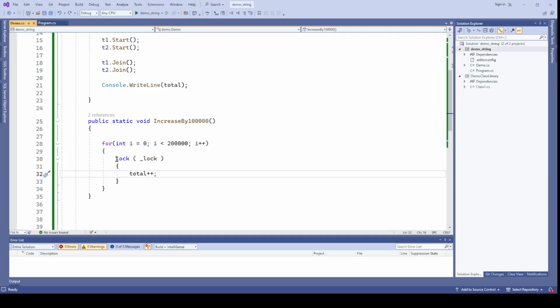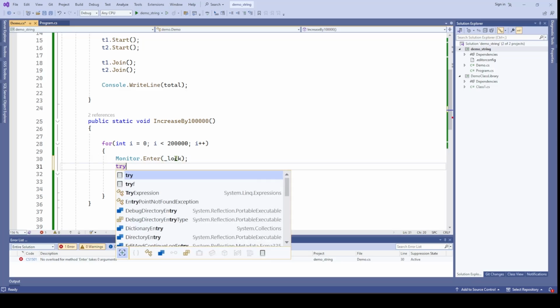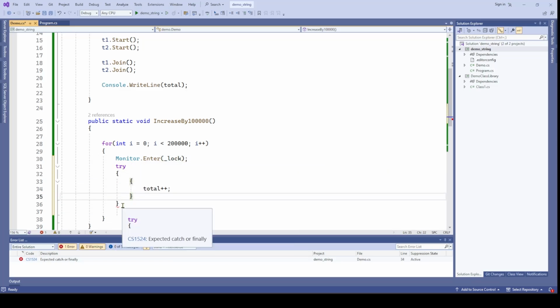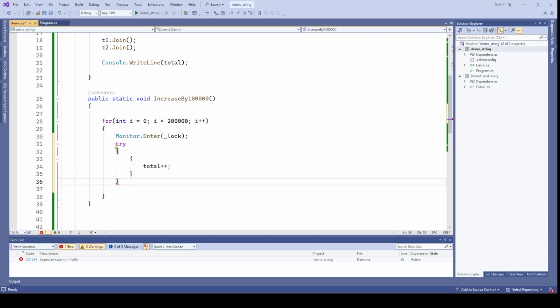Let's see how. So instead of using lock here, I can use the Monitor class also. And I will pass the lock here, which we have created. That was nothing but _lock, like this. And now we can put a try block here. As we know, try is used to capture exceptions. If you don't want to capture the exception which is coming from this piece of block, you can directly write the finally here. Finally,